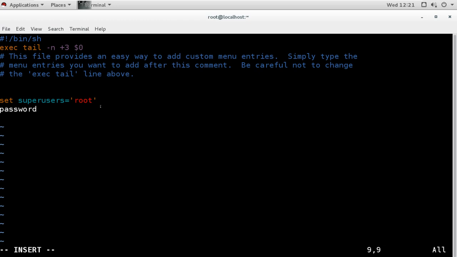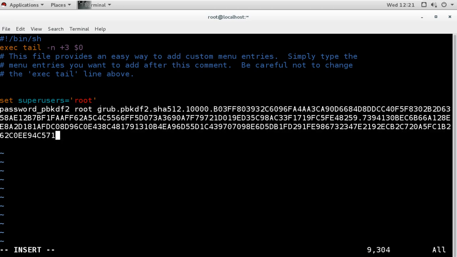When I am using the hash, I have to tell Grub that I am using a hash password. For that we have to mention password_pbkdf2. So I am using this PBKDF2 password for root, and the password is this.